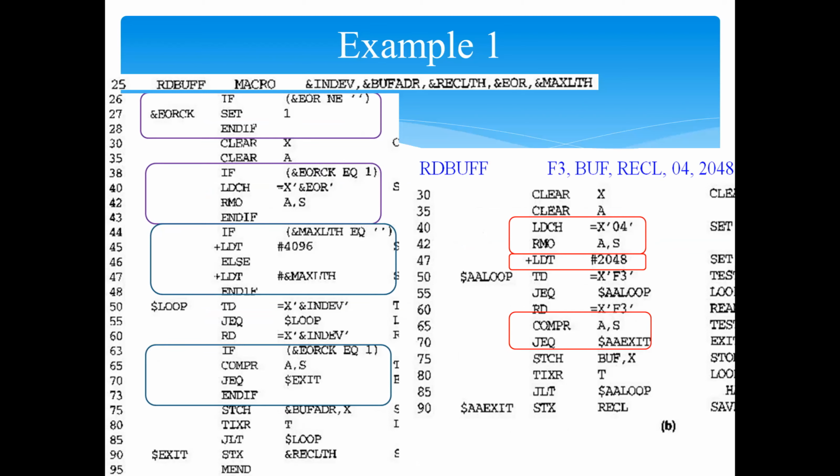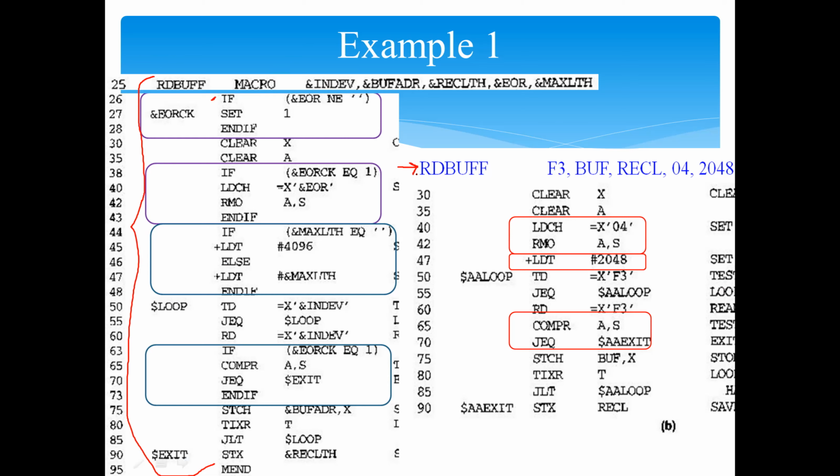Okay, so these are some screenshots which I have taken. Here you have some characters coming which you can ignore, and it's actually the comments that come after your statements one by one. And similarly here also you have some comments coming. Please ignore those. We are only worried about the definition of the macro, the expansion and the macro invocation. So this is your macro definition. RDBUF is a macro, and this is the entire macro, and you have the definition starting from this point. Then you have the macro invocation.